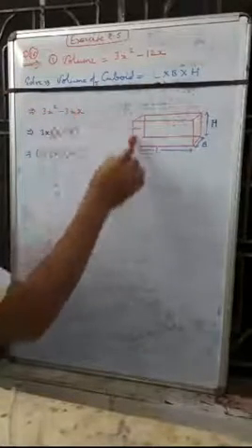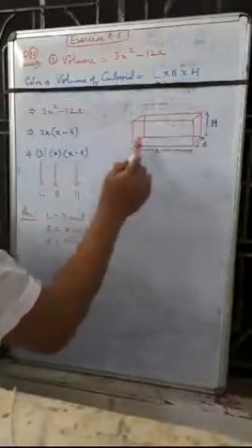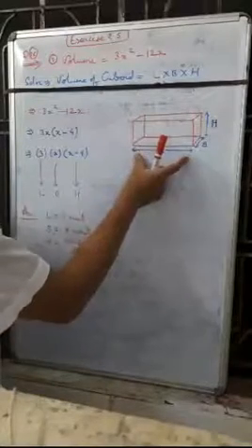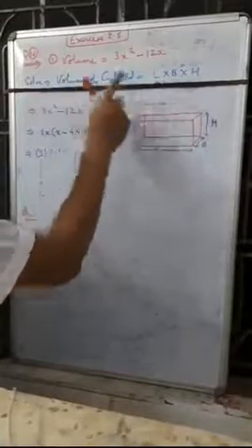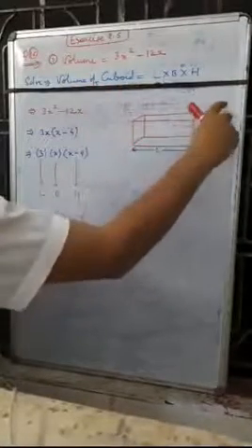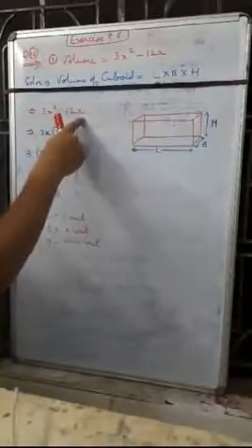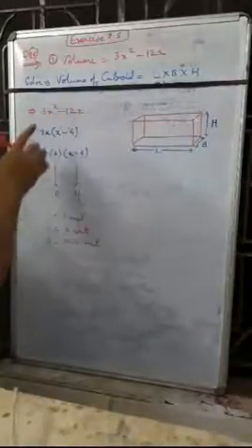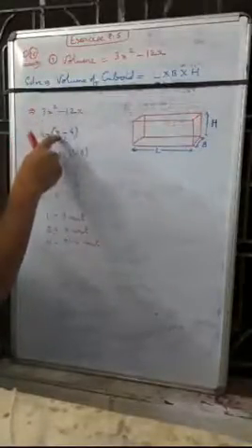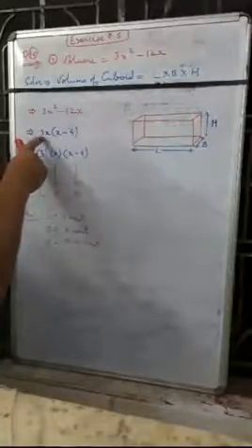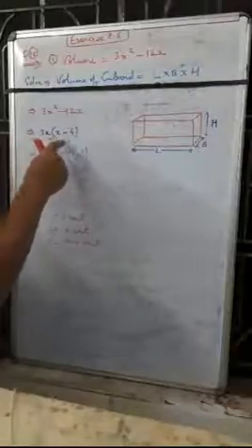So here 3x square minus 12x we have written. So we know that cuboid is made by rectangles. So here length, breadth, or height. So we have to calculate the volume. Volume of cuboid is equal to length into breadth into height. So we will convert the equation 3x square minus 12x into the form of length, breadth and height. So here maximum common we can take 3x, x minus 4 remains. So it is the multiple of 3 and x. So we have separated 3x and x minus 4.